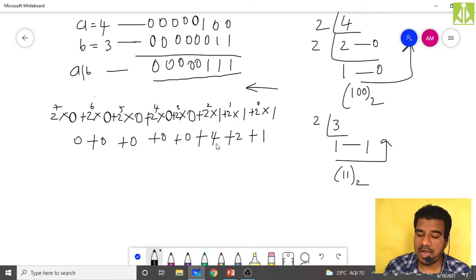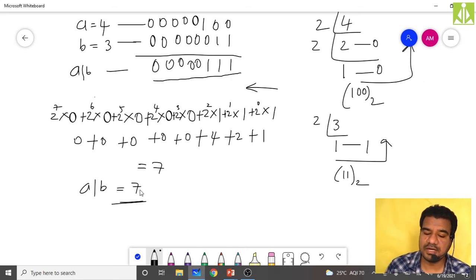Now add all these things. 4 plus 2 plus 1 is 7. So when you are applying A or B, when the A value is 4 and the B value is 3, you will get the result as 7. This is how bitwise operators operate. First you convert the values into binary and then apply the bitwise operation.